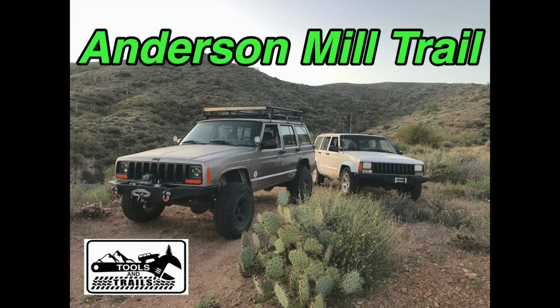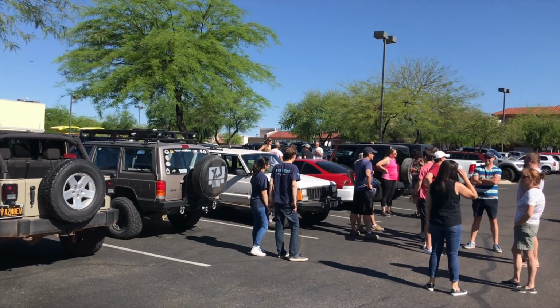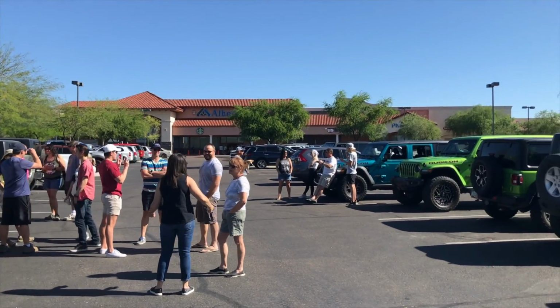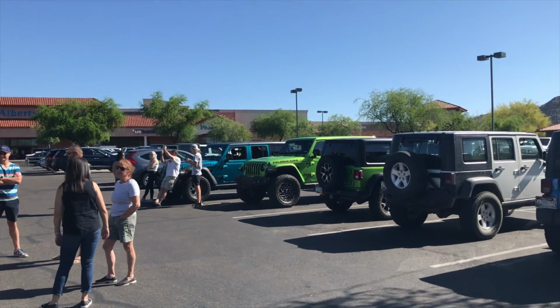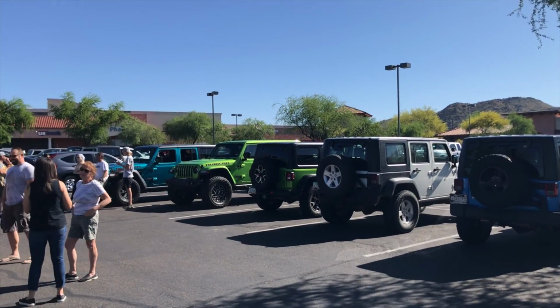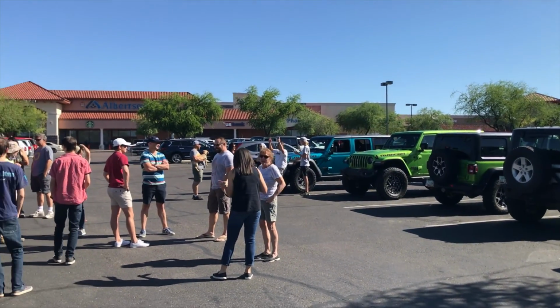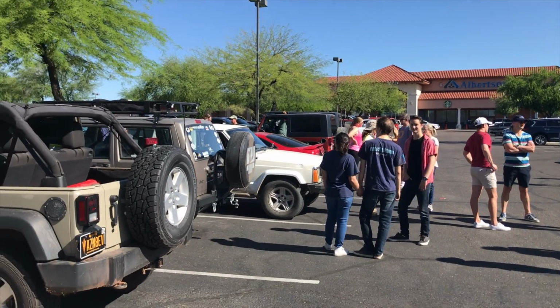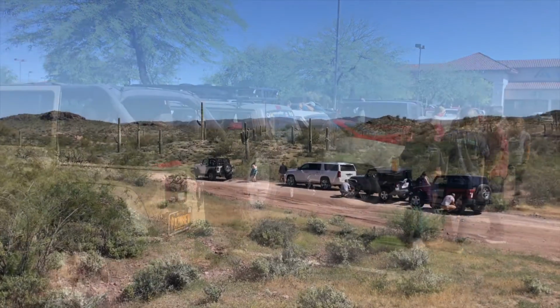We join up with Jim's Jeep Club for a trip out to the Anderson Mill out by Wickenburg. We meet up at our normal spot. Yep, Albertson's parking lot. Going to be a pretty big group today. I think we're expecting about 14 vehicles, mostly Jeeps, but a couple of different ones. Always turns into a social event here, and shortly we're on the road and headed out about 30 miles out